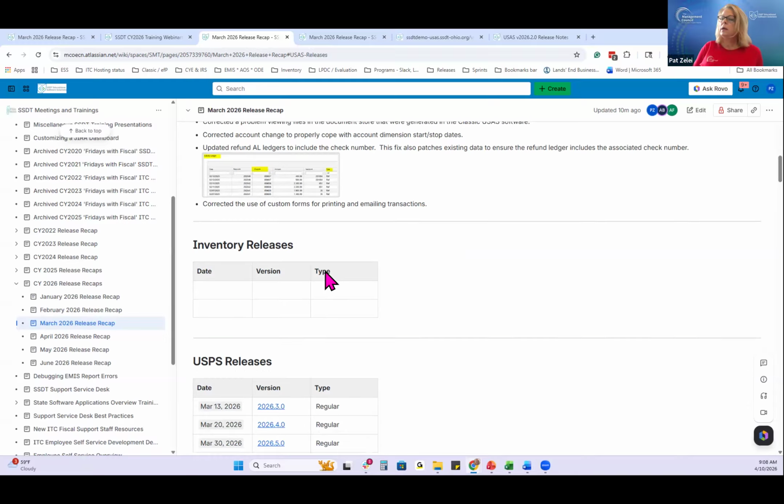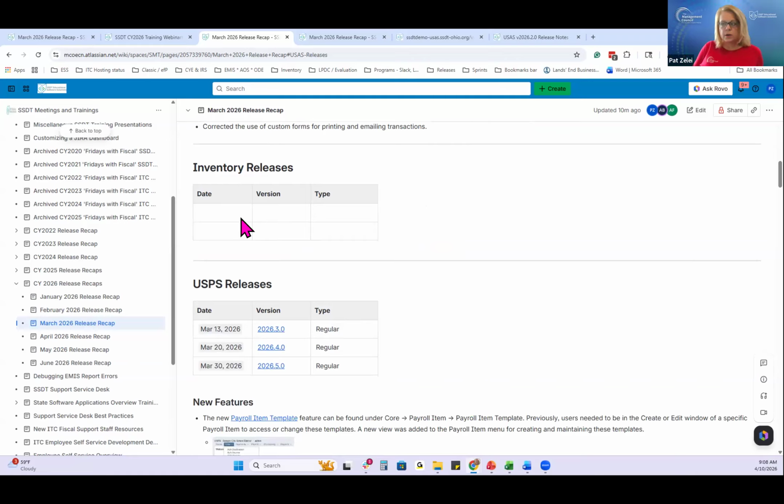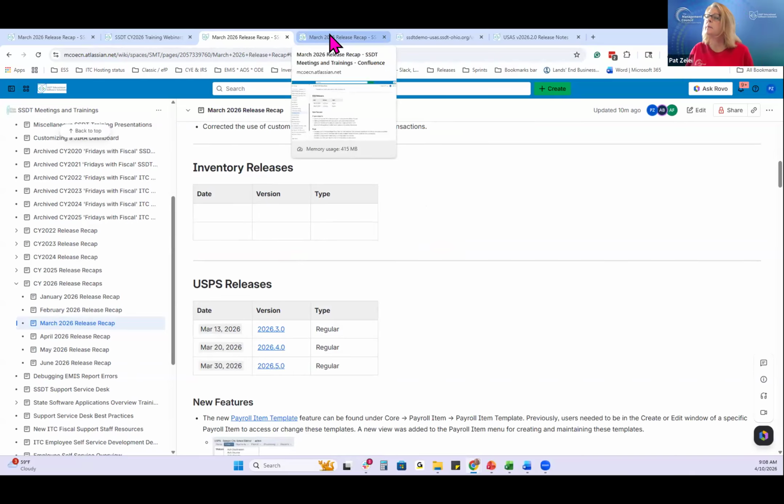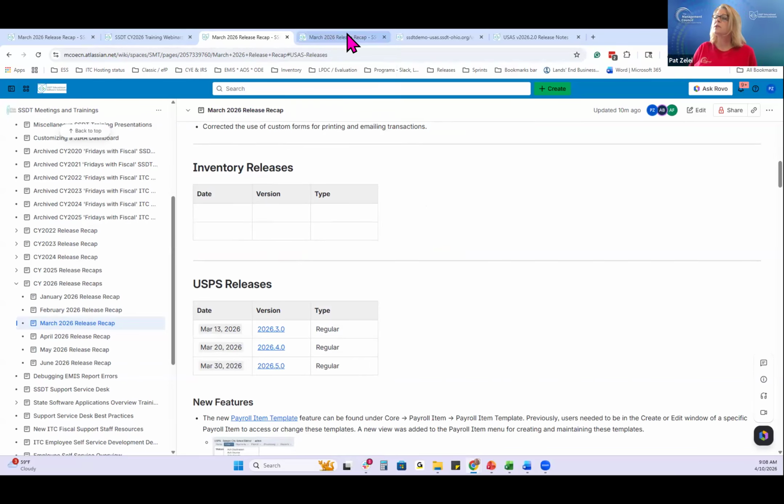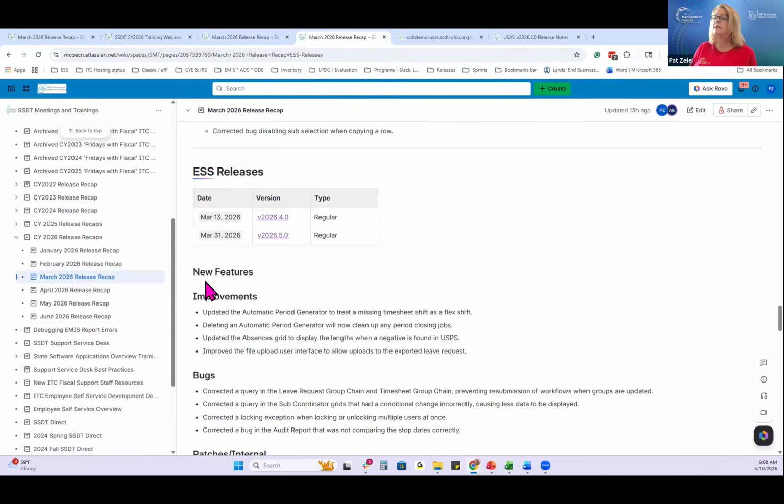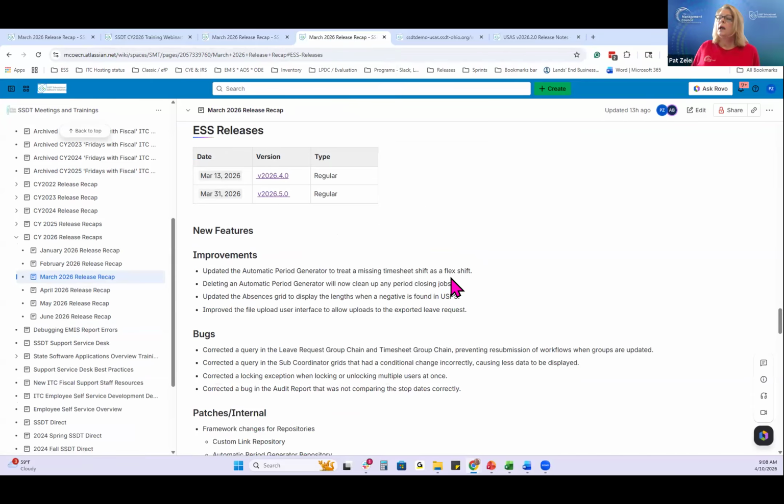Okay, so there were no inventory releases in the month of March. However, there was one today, so you'll get that notice later today. Instead of scrolling, I'm just going to jump to the ESS releases. There were two regular releases in the month of March,